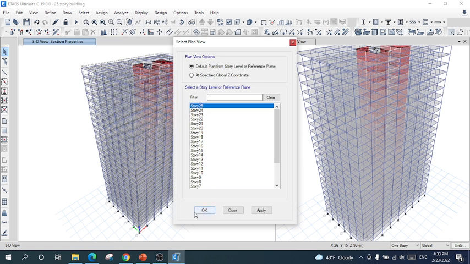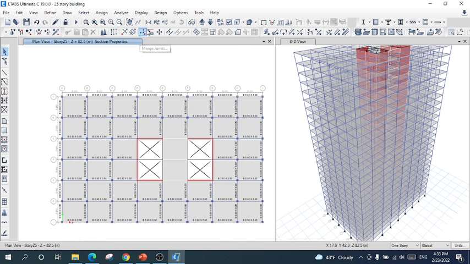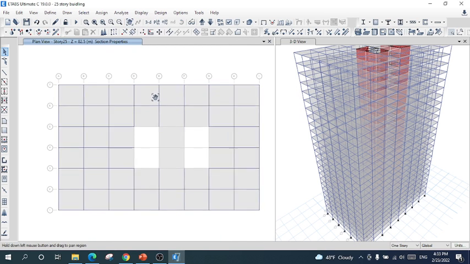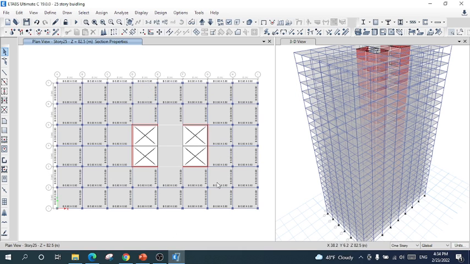Now I will assign here for beams, columns, and shear walls, hinge and its reinforcement. Okay, please do not forget to apply the live and dead load as well. Because so I will select here